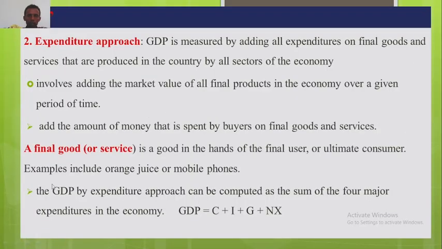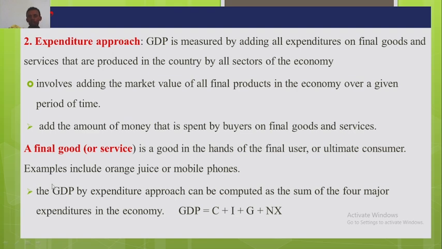The second one is expenditure approach. According to this approach, GDP is measured by adding all expenditures on final goods and services that are produced in the country by all sectors of economy. በሁሉም ኢኮኖሚክ ሴክተር የተመረተውን ምርቶች ላይ የምናወጣ አጠቃላይ ወጪ ነው according to expenditure approach GDP ማለት or involves adding the market value of all final products in economy over a given period of time በሰጠው ጊዜ ውስጥ